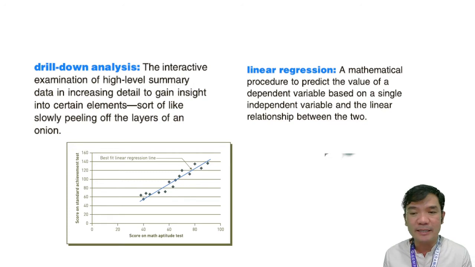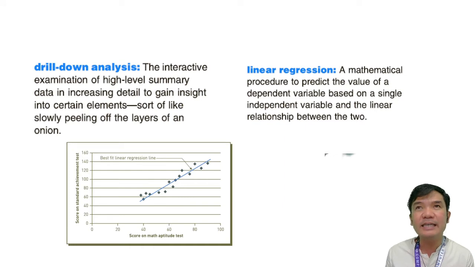Imagine you have higher level data, for example in the setting of a school, which is easier for me to give as an example because I'm in a university setting. In a drill down analysis, we can start with a dashboard. I hope that you understand the dashboard, but I will introduce it later if you have difficulty and if you don't have a background in dashboards. But I assume all MBA students are already knowledgeable about dashboards. We can start with the dashboard, and if our dashboard is displaying the number of students, the financial aspect of the university, and other human resources,